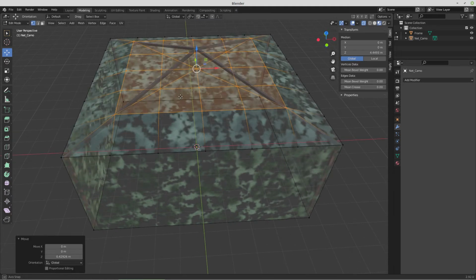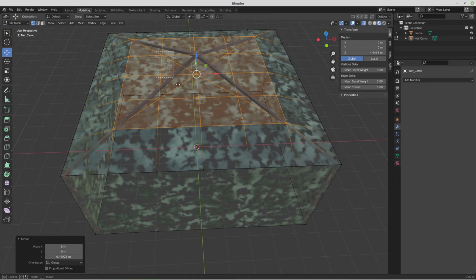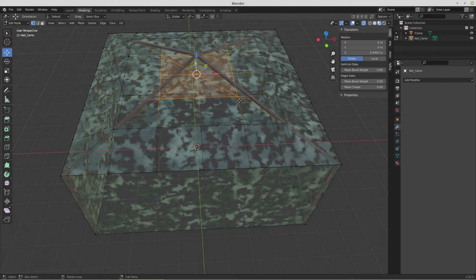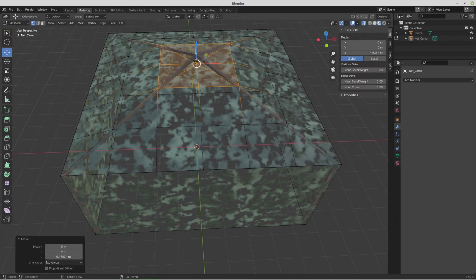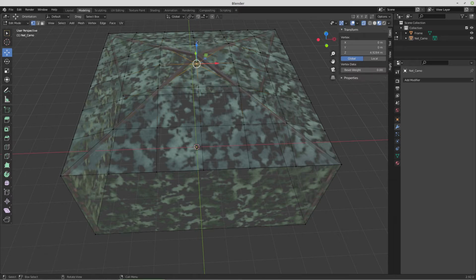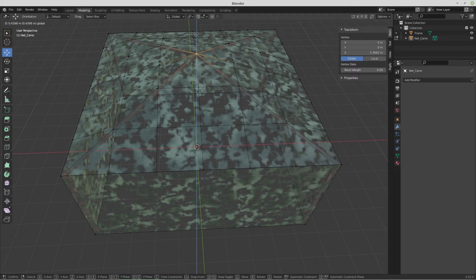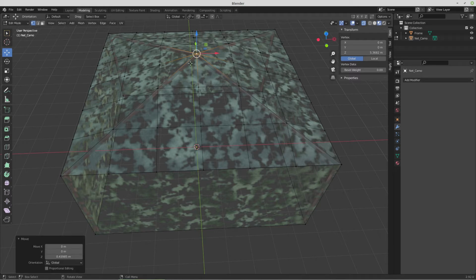So we don't need to be too exacting here. We'll just select the next section, pull that up, and then pull up the middle. So that'll get us. Now we'll select